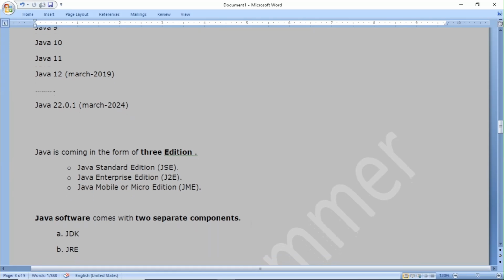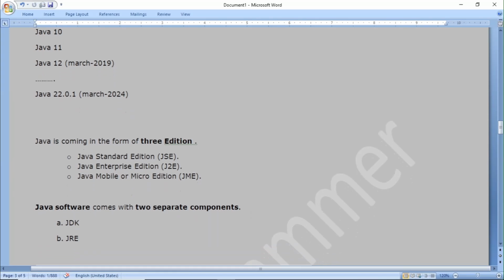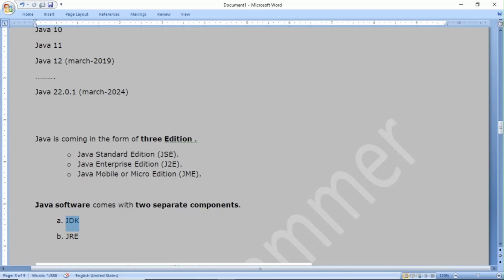Java software has separate components, JDK and JRE. They are two components. JDK is the Java Development Kit. Inside JDK we have JRE and JVM. If you want to install JRE separately, then we can also install JRE. JRE full form is Java Runtime Environment.